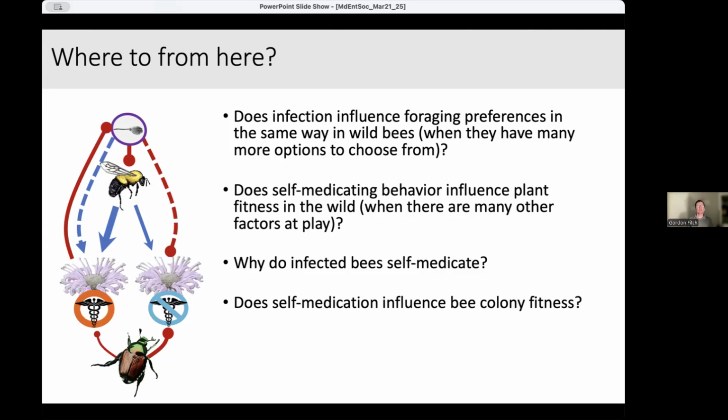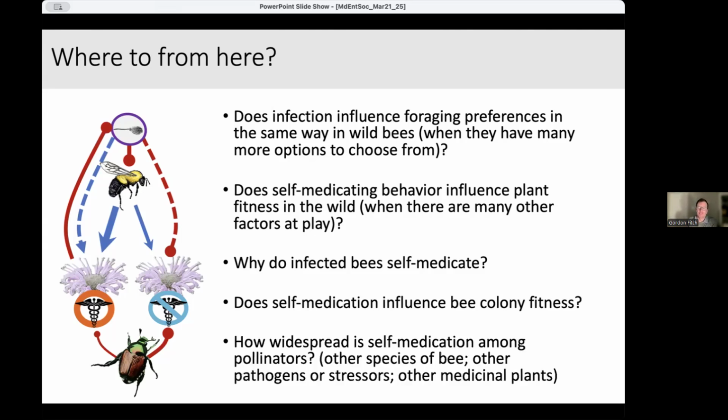So I'd say there's some potential there for managing disease in a way that promotes pollinator health through the plants that we choose to plant, but it's probably premature to tell everyone to go out and plant medicinal Monarda. Although I'd say do plant Monarda, it's a great plant. Bees love it, other insects love it. So whether it is going to rid the bees of Crithidia or not, it's a good choice to plant.